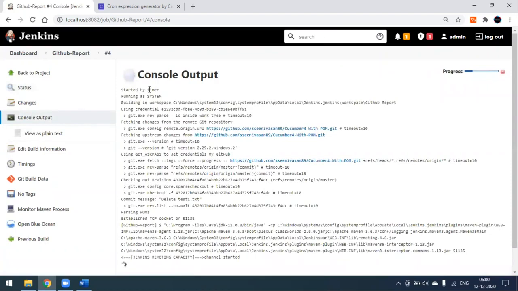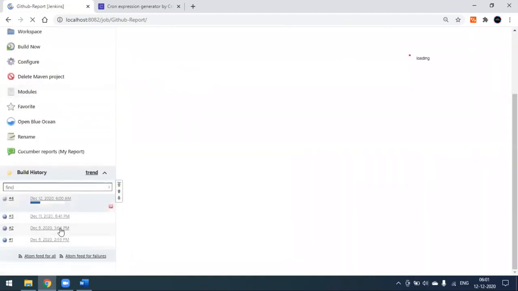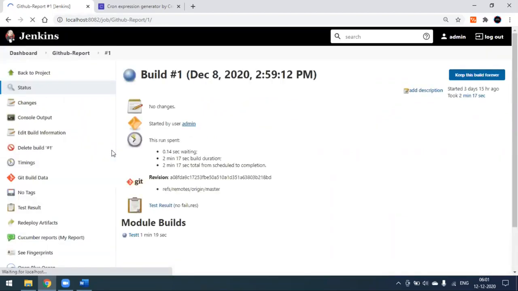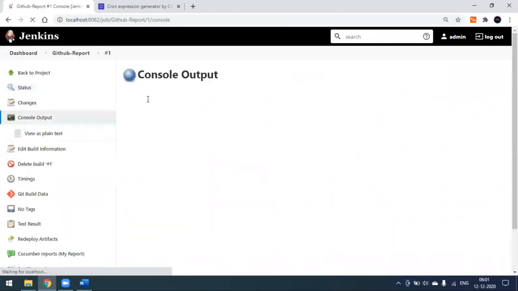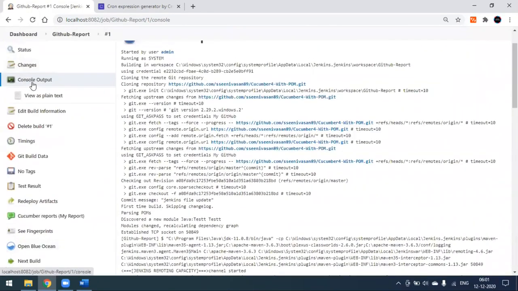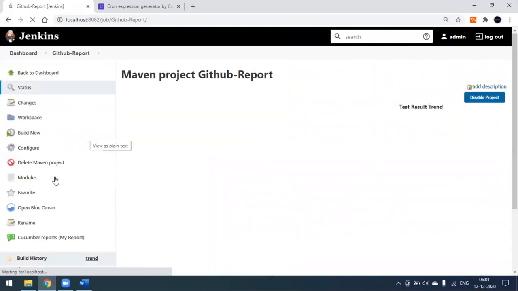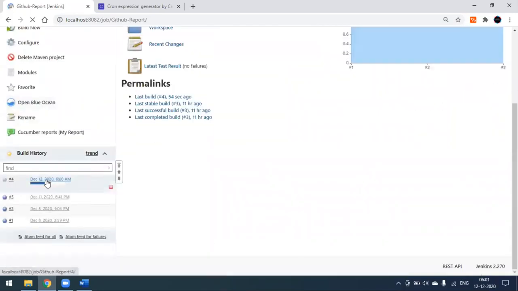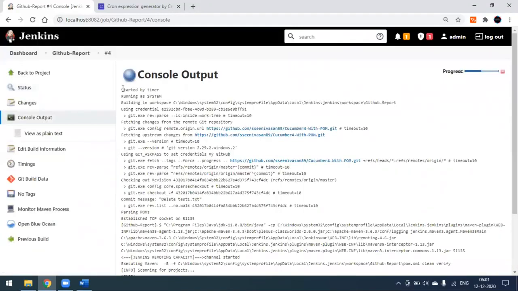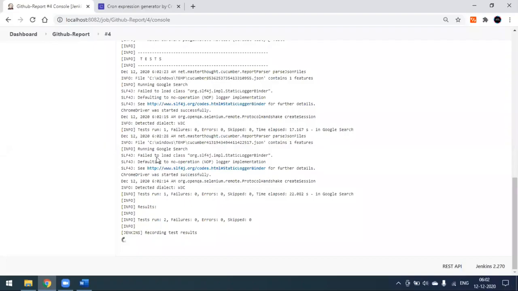See, this is started by the timer, right? So when you go back to the previous run, the previous build, this one would have been manually triggered by the user, like an admin or some other username if you have. You can see this is started by the admin, right? So when we see this new one, that is triggered by the system. So this is coming as triggered by system, right? Which means it is done by the system automatically using the build periodically option, by the timer, right? So here you can see our test started,